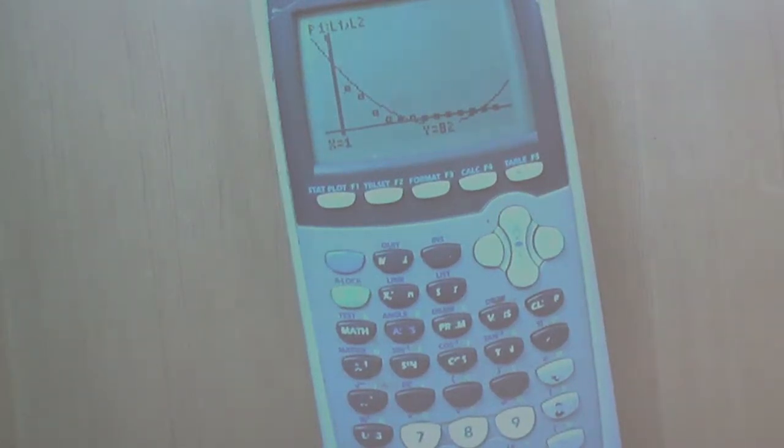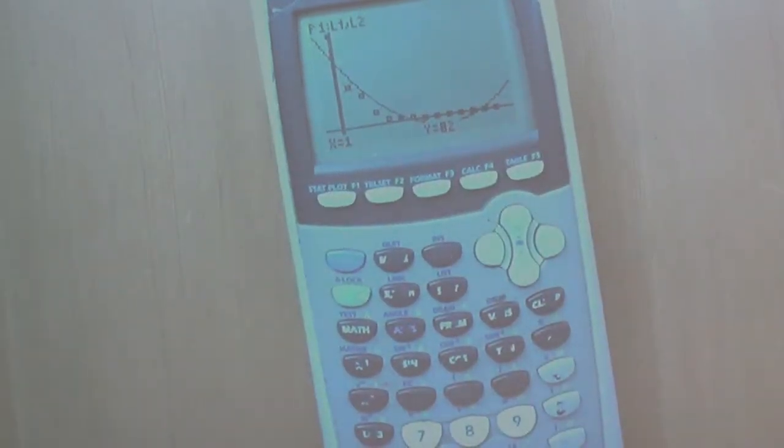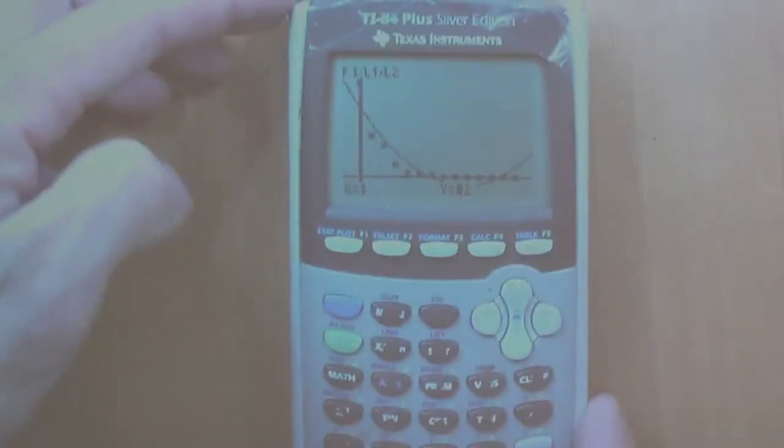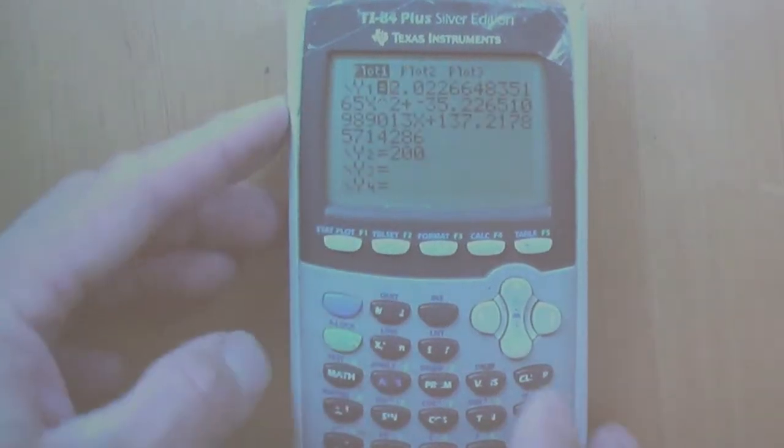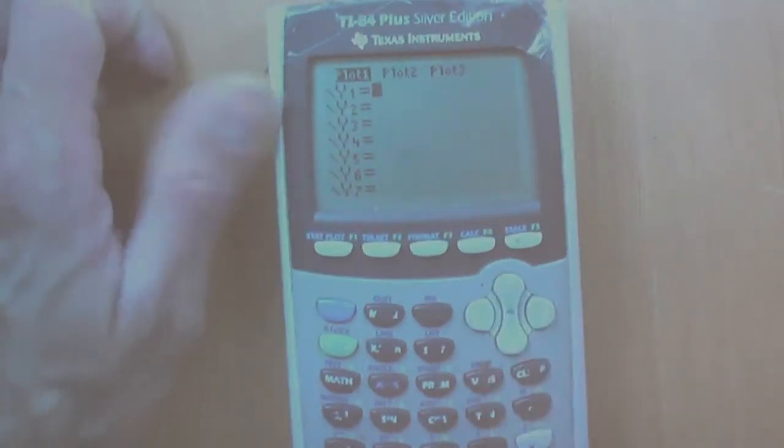So here's what I want you guys to do next. Take your TI, get into Y1, clear out the mess that's in there. Just press clear. Just erase that quadratic equation, because it doesn't work anyway, does it? No. And I want you to type in the equation we just came up with, which was 186